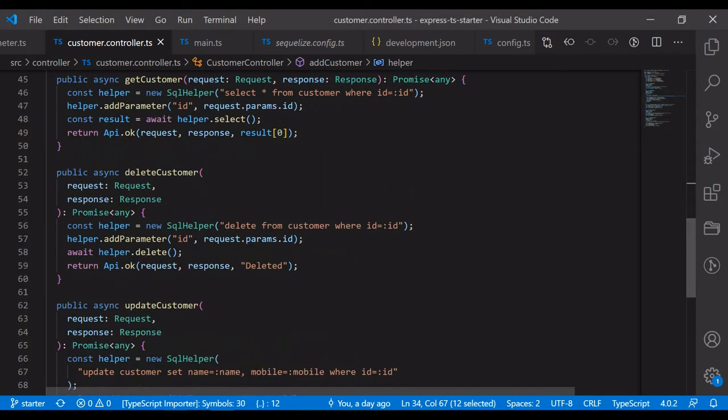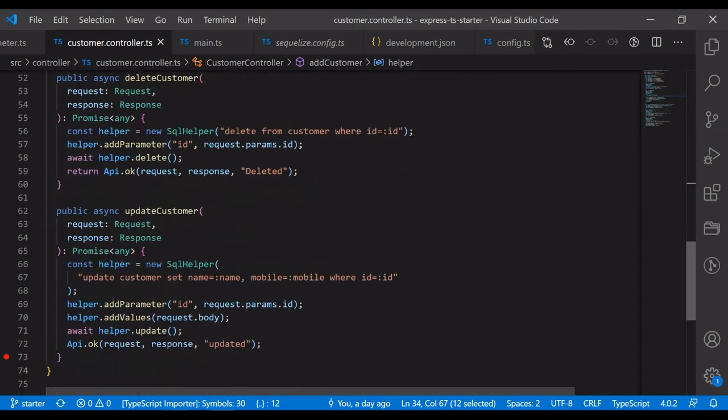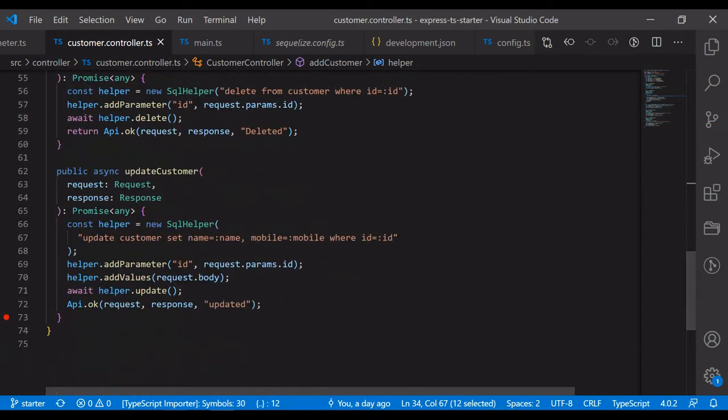The next one is delete customer, which is similar to get customer. It also has a single parameter, but the only thing is I have called helper.delete. Then the next is update. Anyhow I will be getting all the information from request.body. I don't want to add parameters like add parameter of name, add parameter of mobile as in the insert.